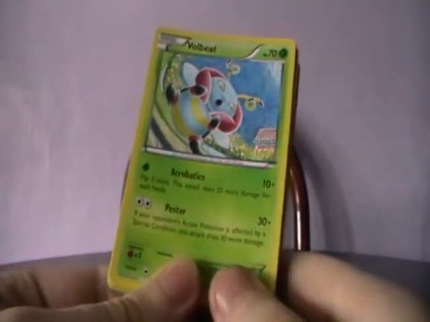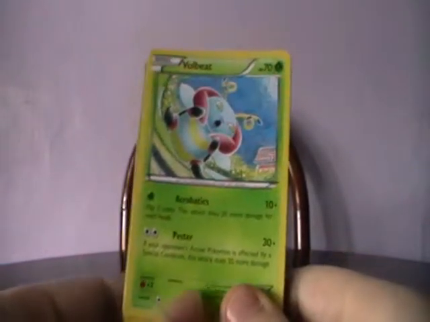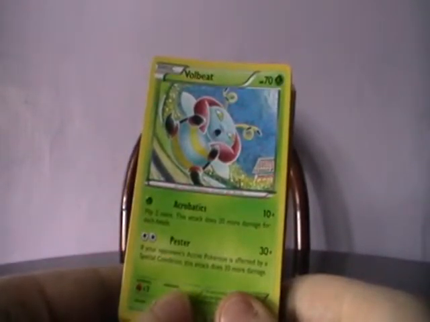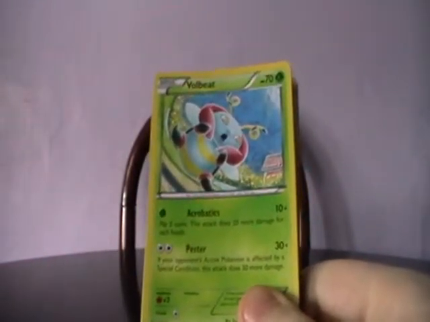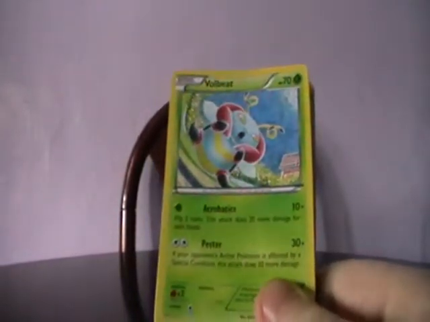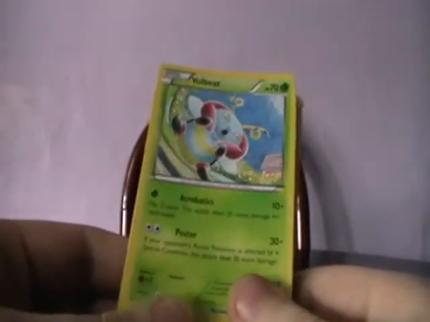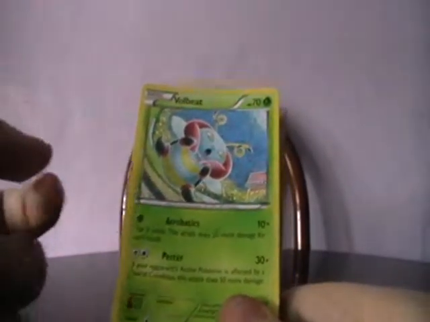But for 1 energy it can attack, and for a maximum of 50, which isn't bad for a basic, really. Pester isn't really that useful, especially seeing as there's nothing that I can use to give it any special condition. But it's guaranteed to do 30, whereas Acrobatics is only guaranteed to do 10. So yeah,